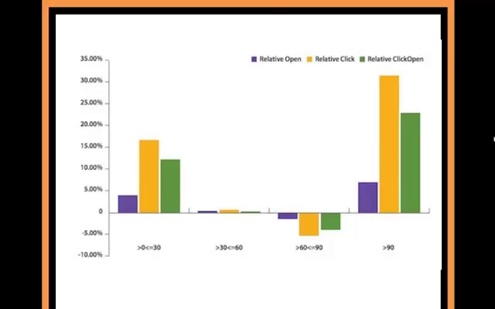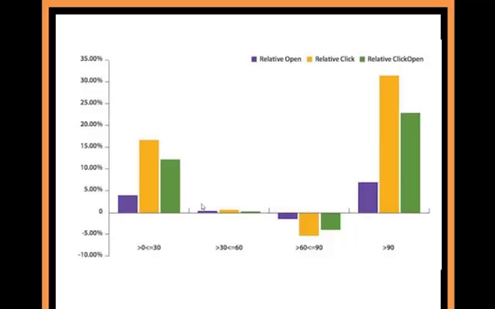And this is an absolutely amazing thing to me. Subject lines. I wanted to know what kind of subject lines get the greatest response. 0 to 30 is up here in the 15 percentile. Okay? Now, relative opens is low. It's about 3%. Relative clicks is up here about 17%. And relative clicks to open is right here, probably about 12%. Now, this over here is subject lines. Okay? And I'm going to show you some words in a minute.